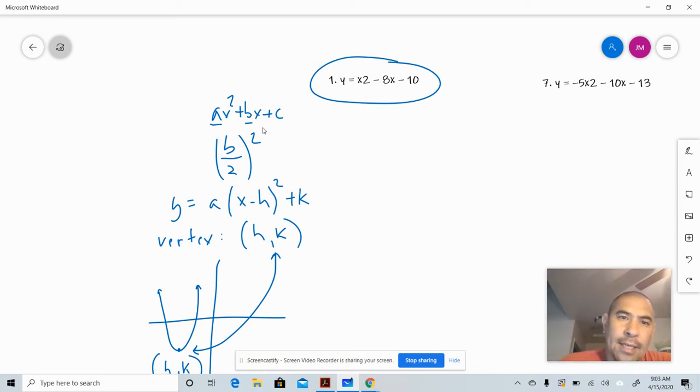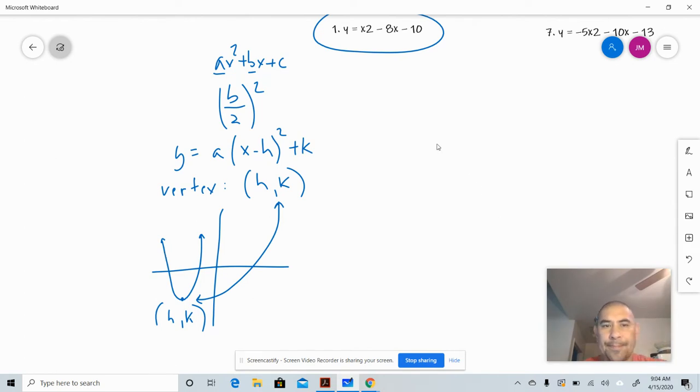A couple other things to remember. The leading coefficient of your x squared term is your A value, and then the leading coefficient of the x term is your B value, and then C would be your constant. And you're going to need to remember b divided by 2 squared in order to complete the square. All right, and the vertex represents this minimum down here